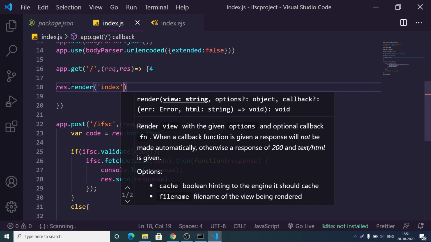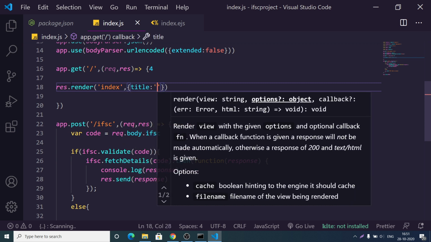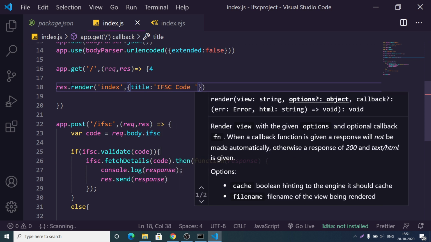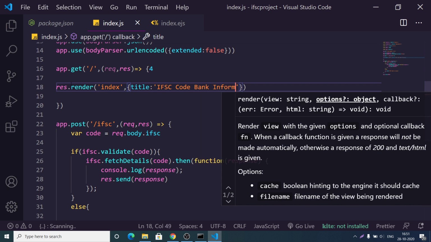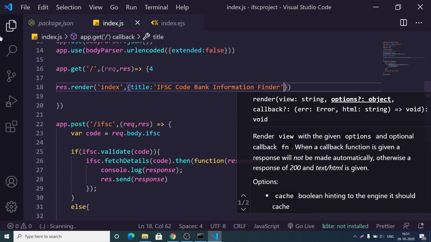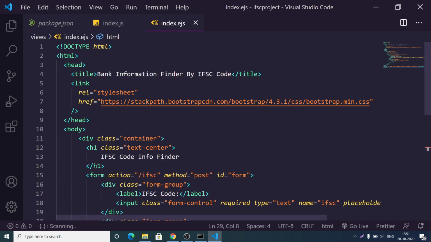So we can load the index template and give a dynamic title to it, IFSC code bank information finder, like this. Inside this template we can dynamically insert this title variable.